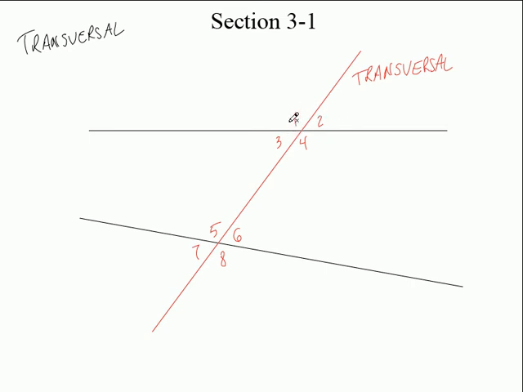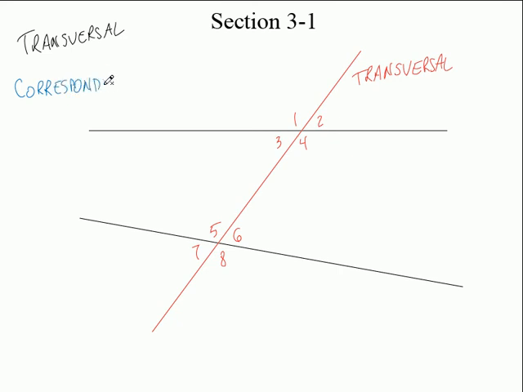Let's take a look at them. Let's take a look at one, and remember I said this is a whole group of 4 angles up here, and this is a whole group of 4 angles down here. Look at the top left angle. Which angle is the top left in this group? It's angle 1. What's the top left angle in this group? Angle 5. So angle 1 and angle 5 have a relationship with each other, and we call these, oh my gosh, I can't believe I forgot already. Corresponding. I knew it started with a C. Got it confused with another word. Okay, corresponding